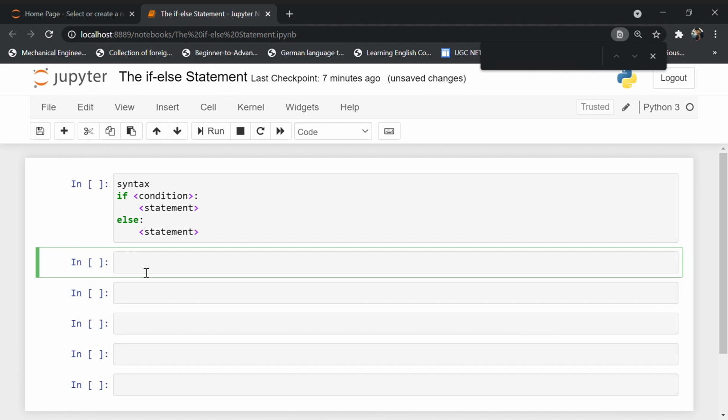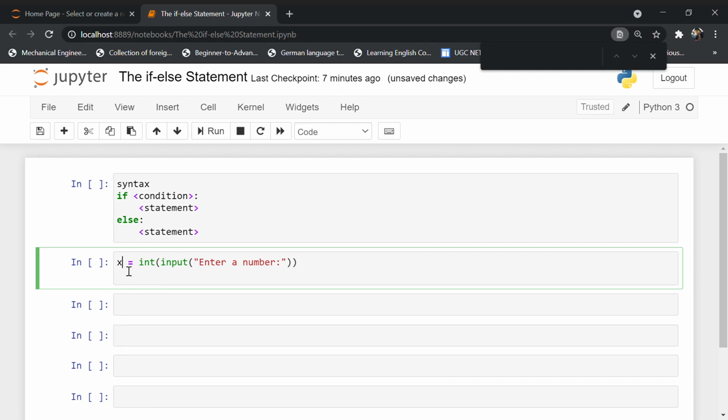The variable can be anything. We are taking x over here, and inside this variable we have to take an input of a number. Enter a number. The number is going to be converted into int, that's why we are taking the int data type over here.